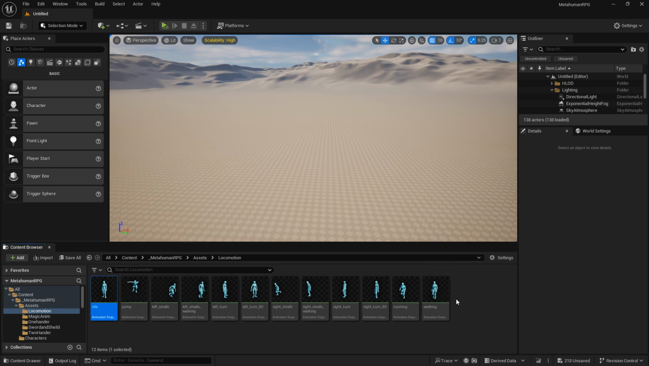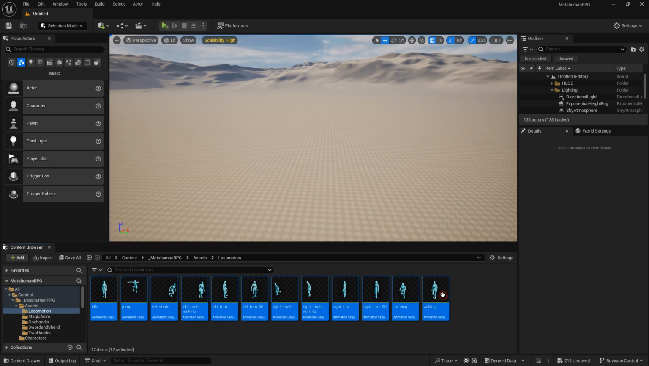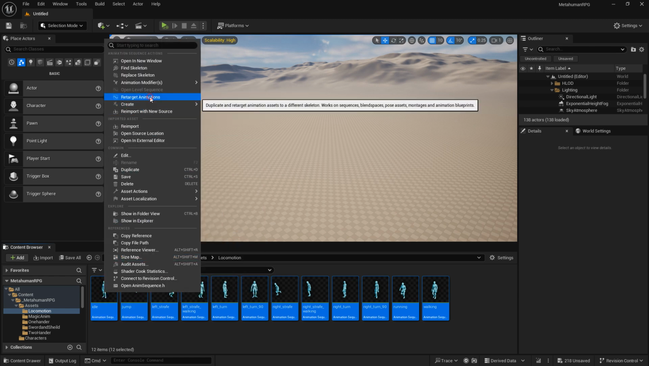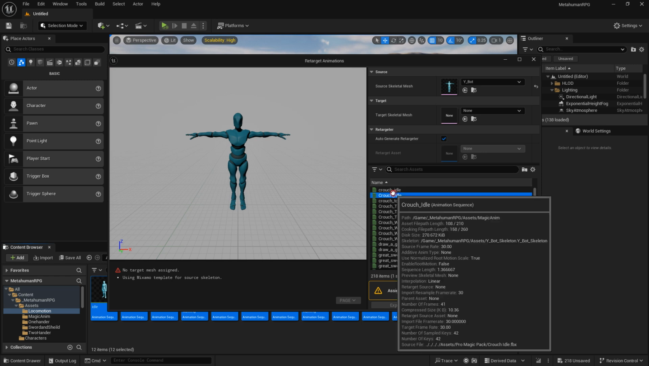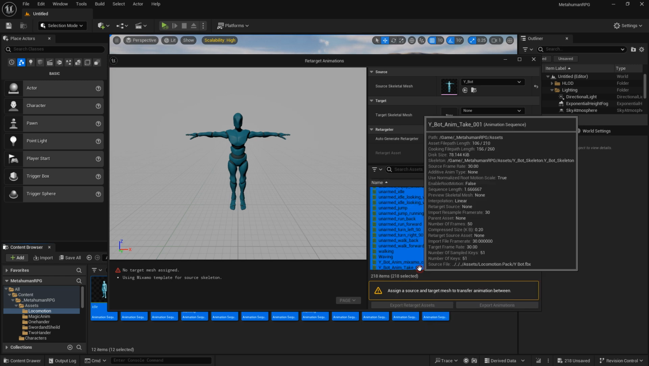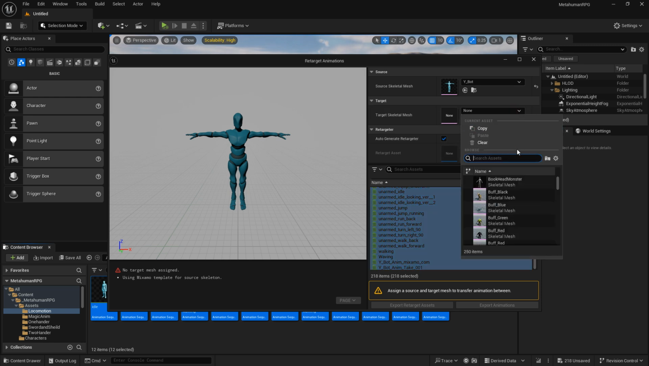Left click, shift left, and left click, shift left, right click, and retarget animations. Click on the first one, go all the way down to the bottom, shift left, select our target. We're going to type in body,